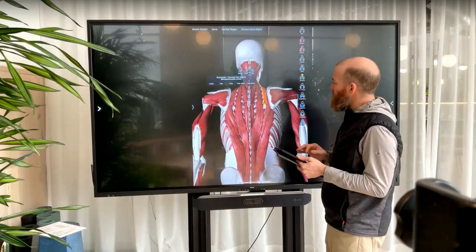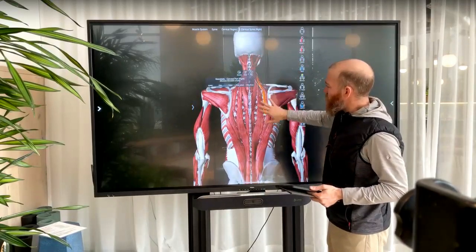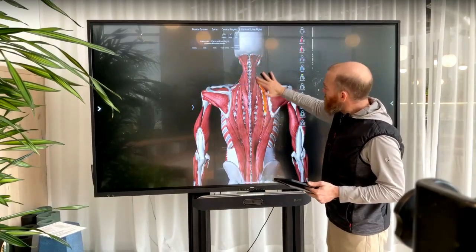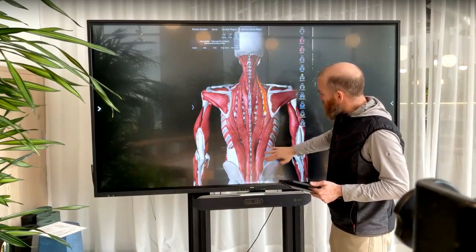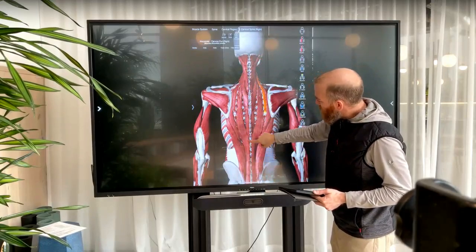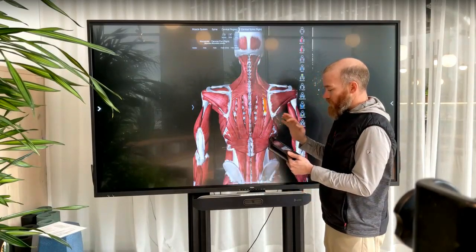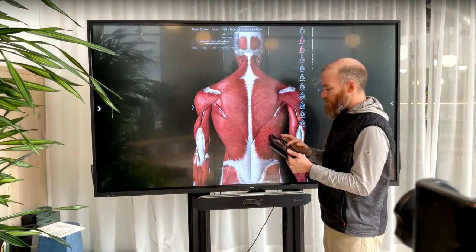Next month, we're going to dive deeper into the spine. But I want you to see these shapes. You've got striations, lines that match up with striations further down. But if you look, it goes all the way up, and you'll actually have one that attaches all the way to the top of the head,